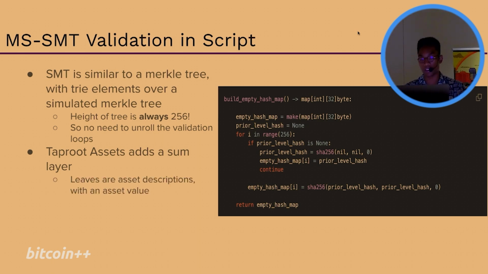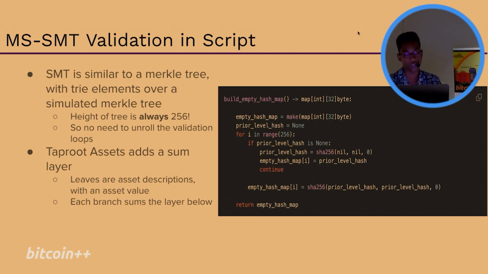And then Taproot Assets goes another layer and adds a sum layer, right? So in addition to this hashing structure, you're also going to be summing the values in each of the leaves as you go all the way up, which is cool because now you can have a single value that's the total sum of the supply, right? For example, we have something called a universal issuance tree where you're going to insert proofs of the existence of all these assets, and then the top level value is going to be the sum of all the assets itself. So this makes it easier to do things like, quote-unquote, run numbers, a built-in proof of reserves type system.